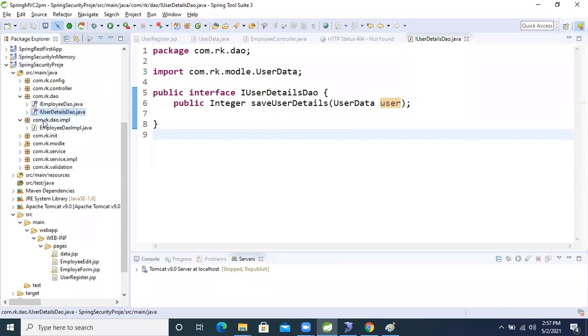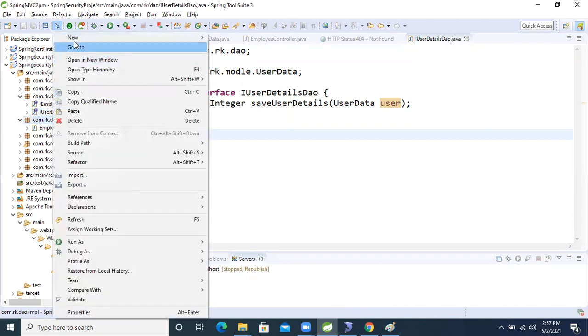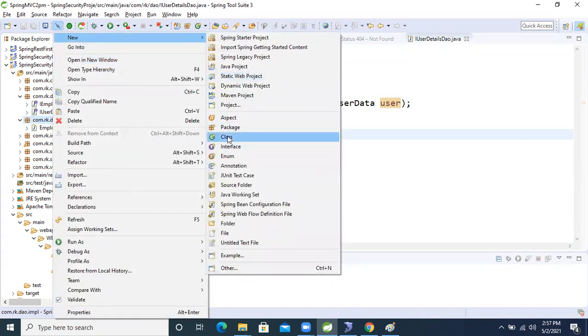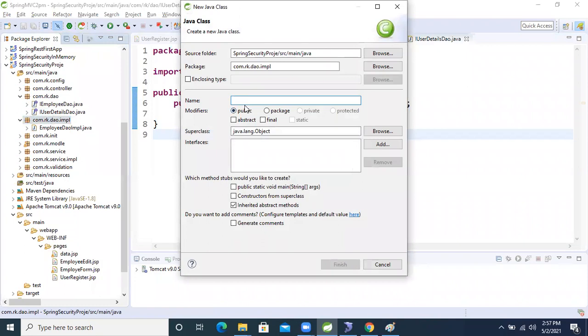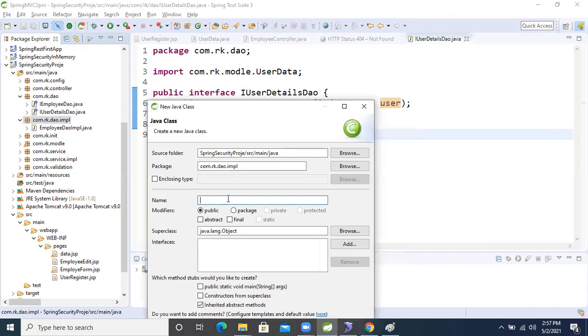Again, come inside the package com.rk.dao, right click on it, New, write one class. The interface name we are taking is IUserDetailDAO, so here we will take UserDetailDAOImpl, which means it's the implementation class.